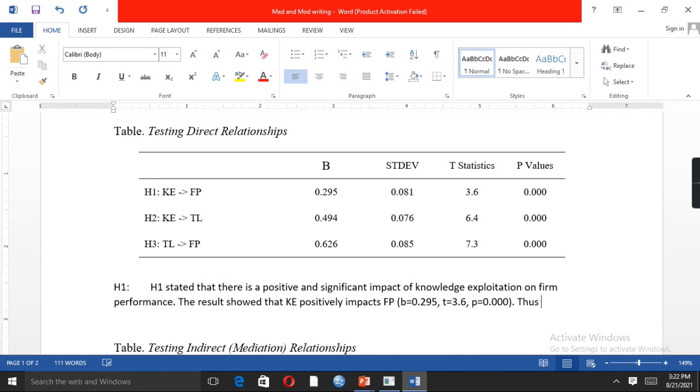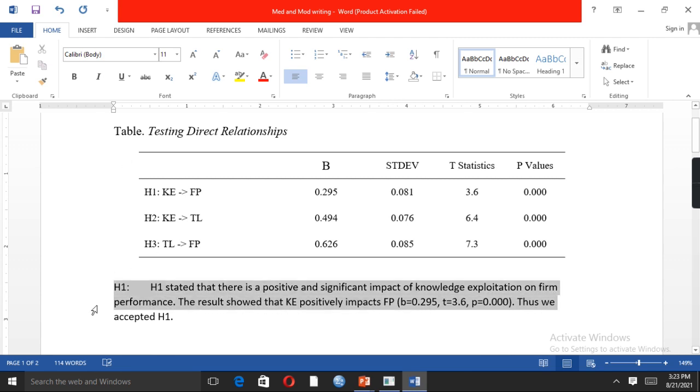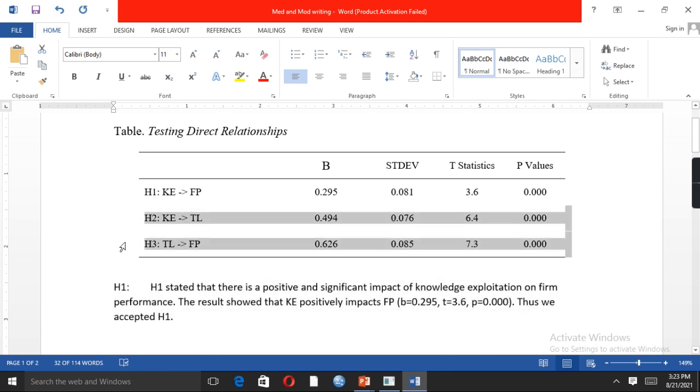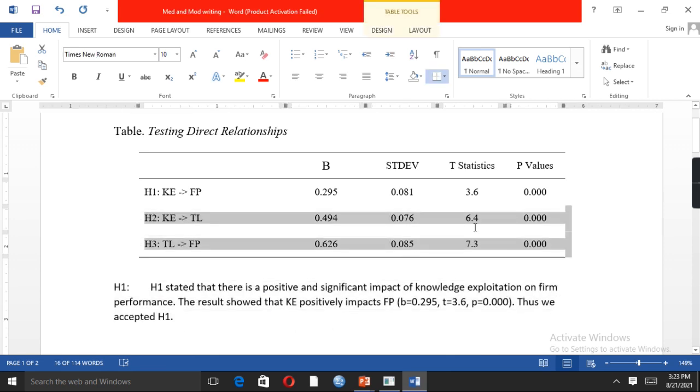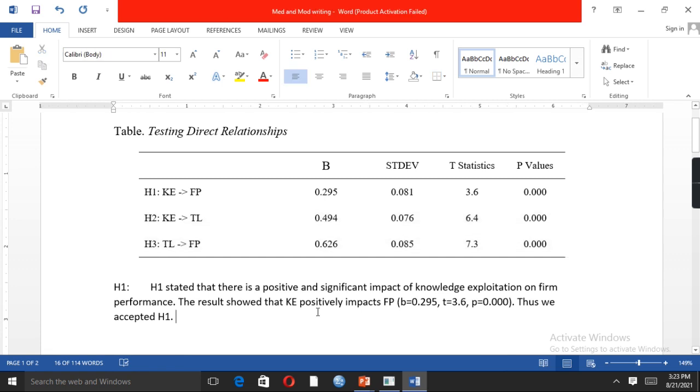On the basis of these results, thus we accepted hypothesis 1. So similarly, we can also write down the results of all these two hypotheses based on these t value and p value as well.